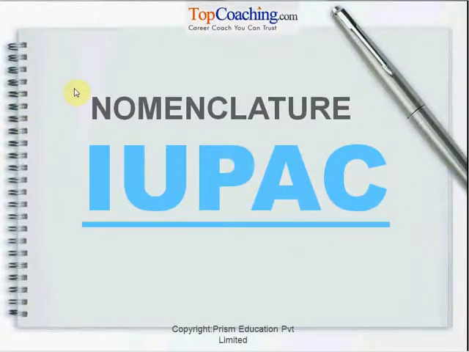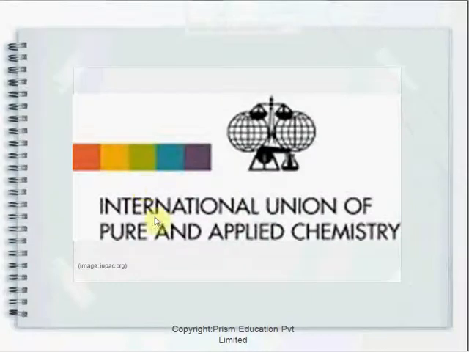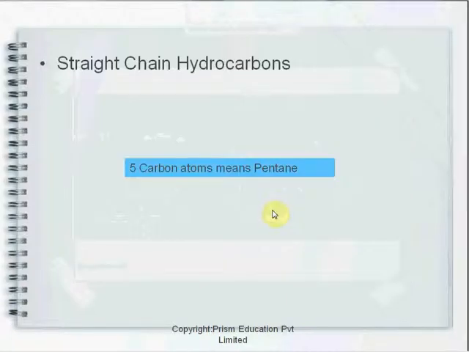So this video talks about the IUPAC nomenclature of hydrocarbons. We know that a predefined method of naming any compound or series is known as nomenclature. For chemical compounds, IUPAC nomenclature is used, and how do we expand this? International Union of Pure and Applied Chemistry. It's nothing but a set of predefined rules which are used so that when we move across countries or continents, we are talking in the same language as far as the chemical namings are concerned.